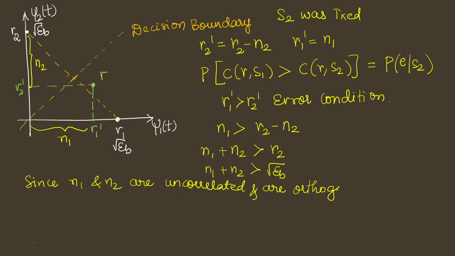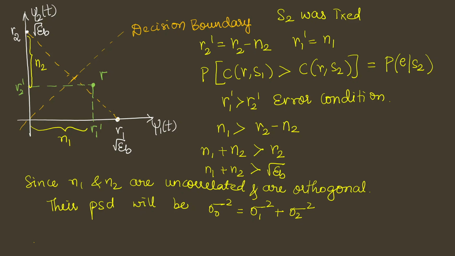Uncorrelated means the other representation, or the way of expressing, is uncorrelated, meaning they are orthogonal to each other. Their power spectral density will be such that the total power spectral density sigma naught square will be equal to sigma 1 square plus sigma 2 square. Remember, the noise that is affecting the signals along the basis functions phi 1 and phi 2 both are